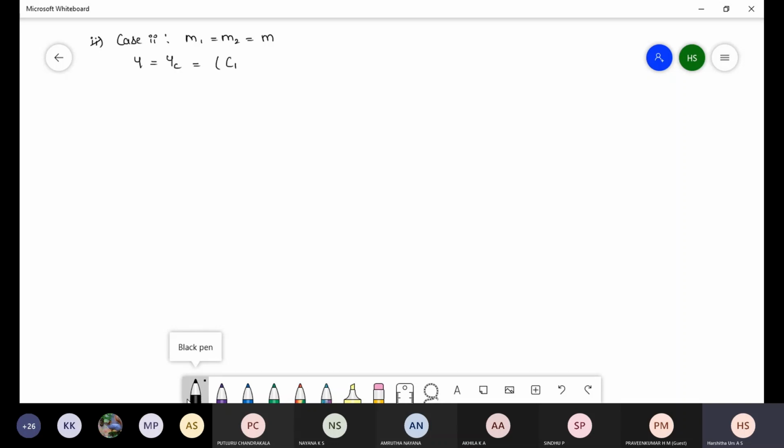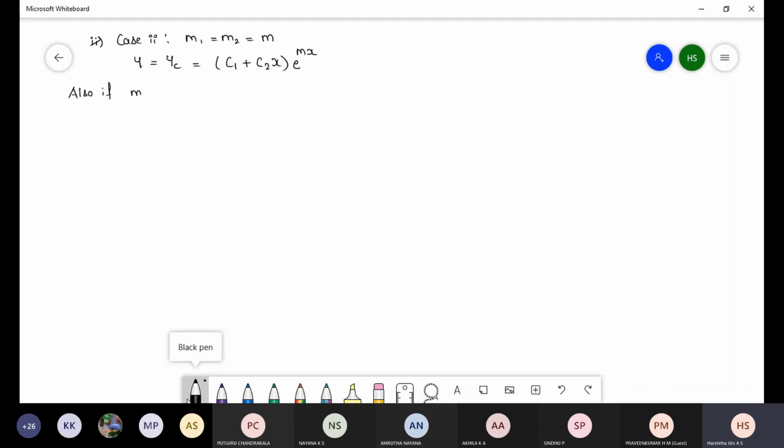Here if you have repeated roots, C1 plus C2 into x. This is common if you are having two roots, into e power mx, as we have got the repeated roots. So if we get 2 comma 2, 2 is equal to 2 is equal to m, if we get the repeated roots. So here we write mx. Also